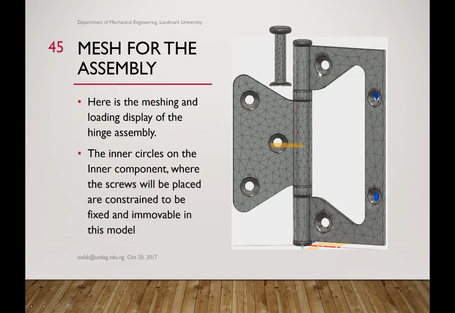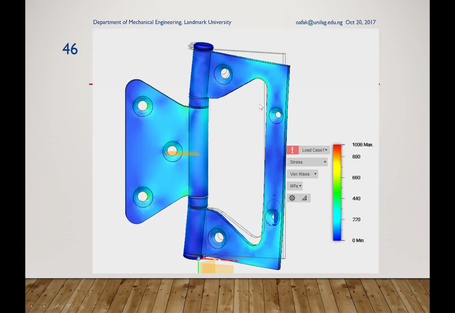This is the full assembly of the mesh, and then we just showed this part of this mesh to show that even though we are seeing only the external surface here, there is still the meshing that is happening on the pin that is being covered up in this situation. So this is what is going on inside there. And then this is the full hinge. After, we are showing the way it would deform after this extreme load.